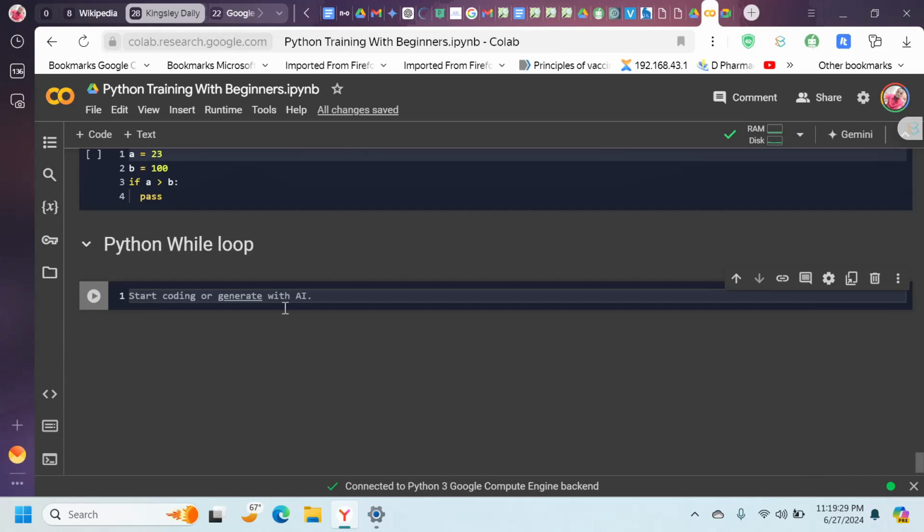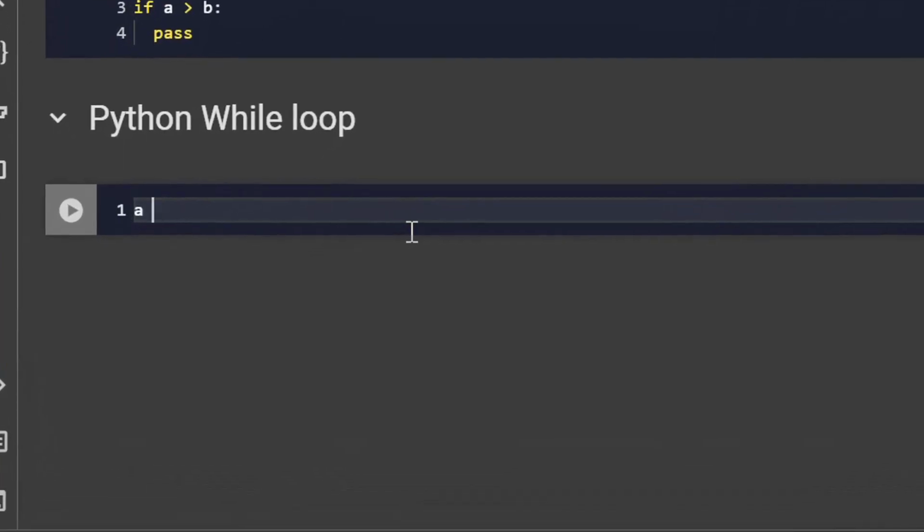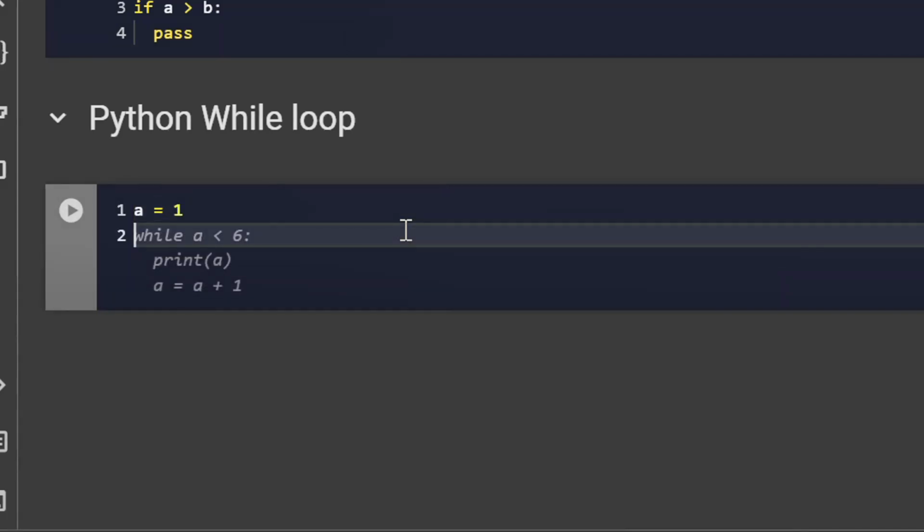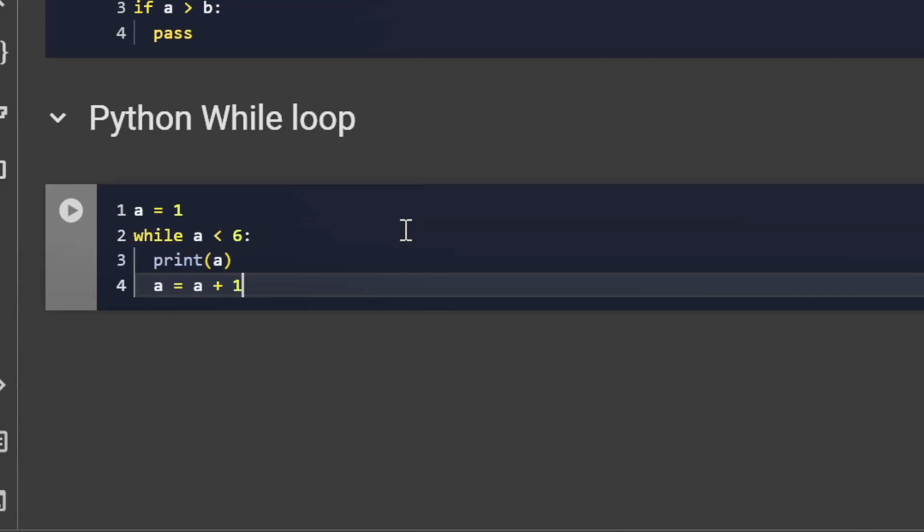So for example, if I say that a is equal to 1, and then using a while loop, I can just say a is equal to 1, and then if a is less than 6,